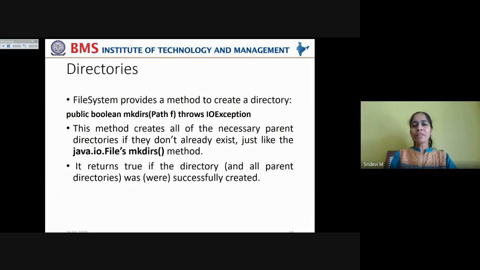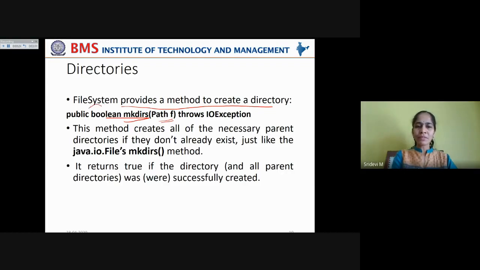Now, even directories can be created using this FileSystem. FileSystem provides a method to create a directory, and that is mkdirs. The syntax is public boolean mkdirs, with the path where the directory has to be created, and this also throws IOException.